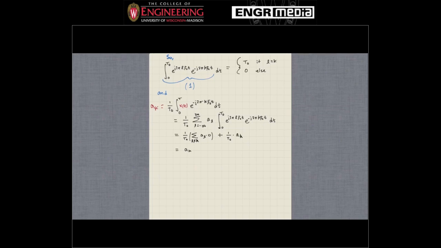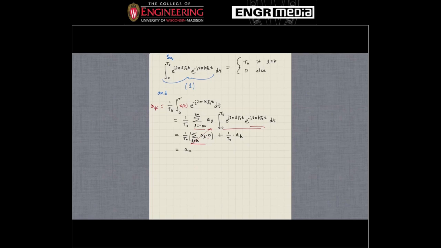And what happens here now is we can break this sum into two parts, right? We can sum over the values of L not equal to k, because we know this integral always takes on the value of 0 anytime L is not equal to k. So we set this integral to 0 for any term in this sum where L is not equal to k. So this whole thing goes away. And then what we're left with is the term in the sum where L is equal to k. And when L equals k, right, this integral here equals t naught. Right? So we're left with,